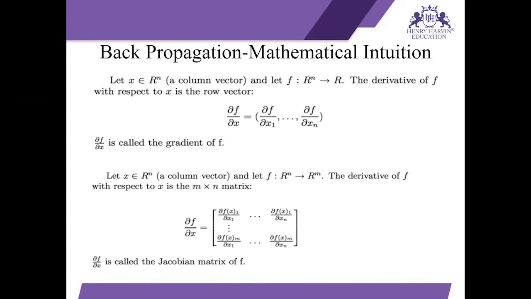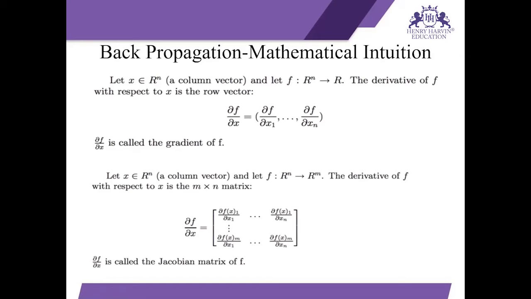So if I wiggle the first component of the input vector to this function, how will the output change? If I wiggle the second component, how will the output change? This change of the output scalar with respect to the input vector is called the gradient vector. It is a row vector. ∂f/∂x is sometimes denoted by the gradient. So the gradient of f is the partial derivative of the function f with respect to the first component of the input, the partial derivative with respect to the second component of the input, and so on. Note all these quantities are scalar.